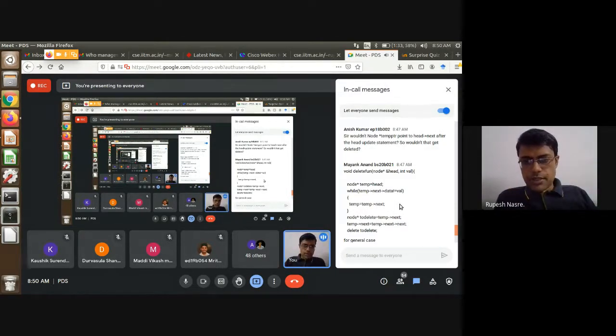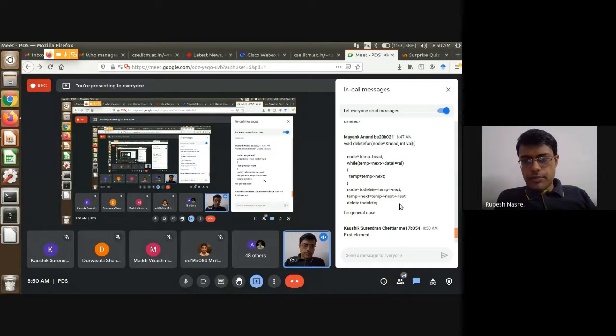So Mayank has written a code: head while temp arrow next arrow val. Again, here we have to take care of the end cases where the head might be null, or head arrow next might also be null. That is also one possibility. The other point we have to worry about is that we are skipping the first node, right?